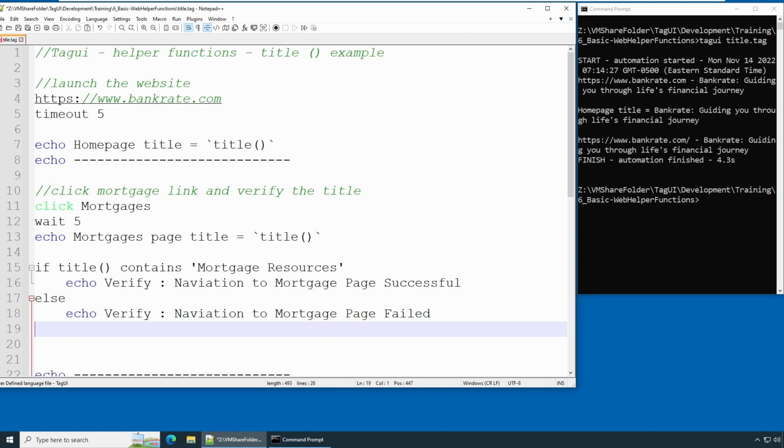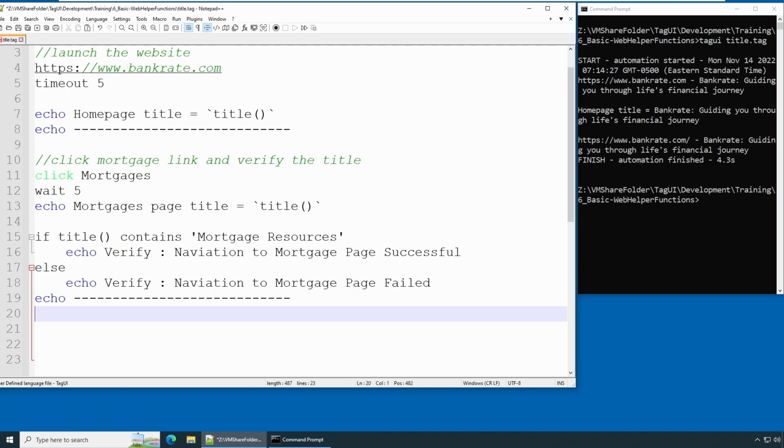So we're going to display either of these messages, and then come out. Similarly